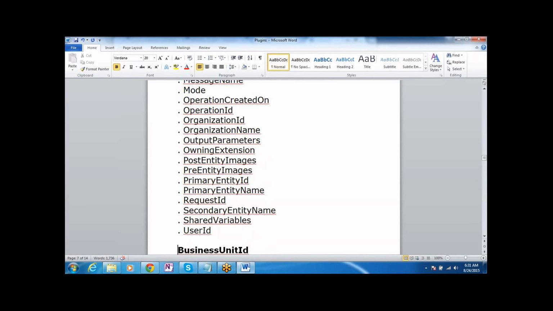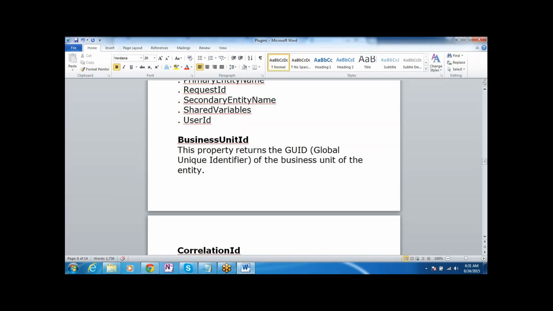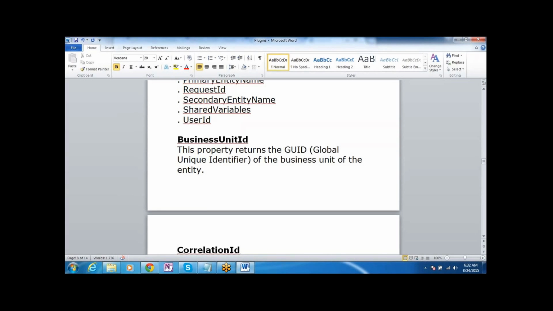When you are creating a context in the plugin, the context contains the following parameters. The first one, what is the use of the business unit id? This property returns the GUID, the global unique identifier, of the business unit of the entity.